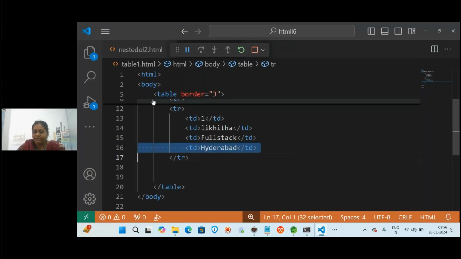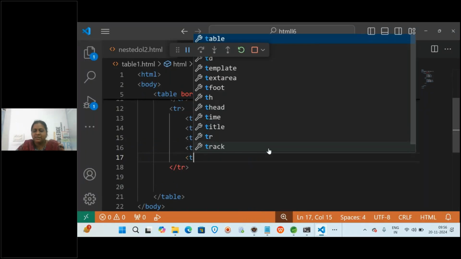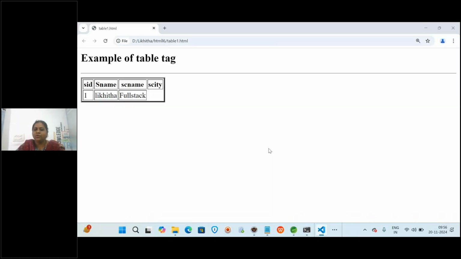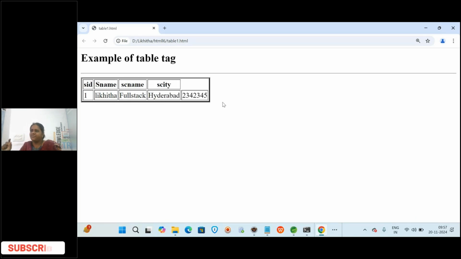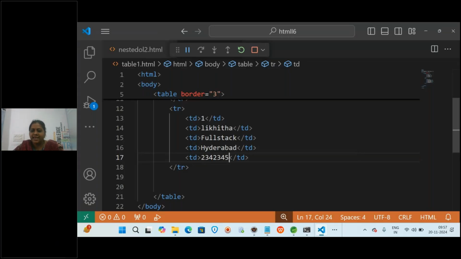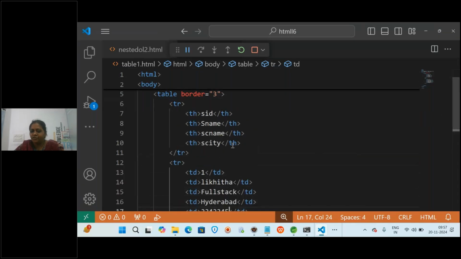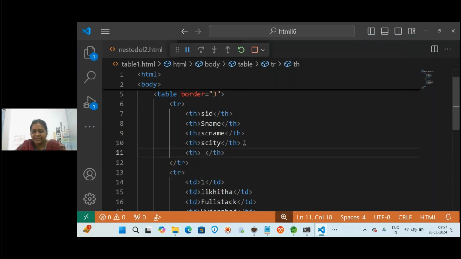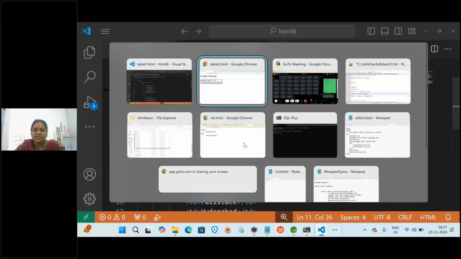Or by mistake you have added one more extra column, say the mobile number. Okay, save this, go back here and refresh. What did we get? One more column is added. TD is just for the table data, but the heading is not there. Okay, we can add that heading. How to add it? In the TH, we have written city, no? We will write one more TH, and here in the TH we will write mobile number. Let us save this, go back to the browser and then refresh.